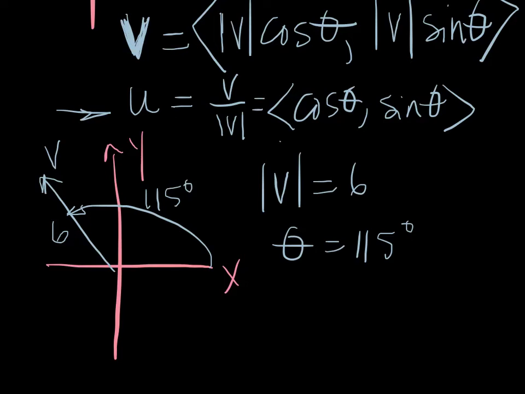Okay, so they want us to write this in component form. I'm going to use this equation right here. The other one is only for unit vectors, and what they gave us is not a unit vector, because the magnitude is something other than 1. So I actually have to use this equation for example 5. Guys, this is about as easy as it gets: I'm going to plug it into this formula. To find v in component form, it would be the absolute value